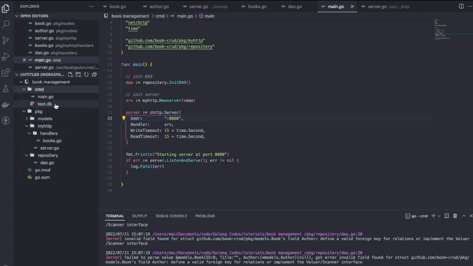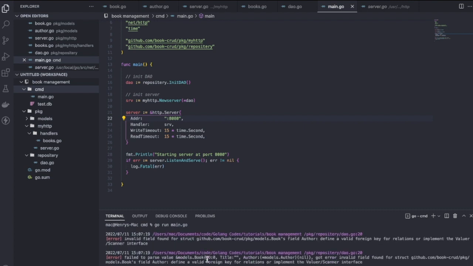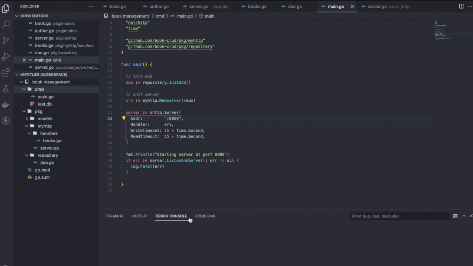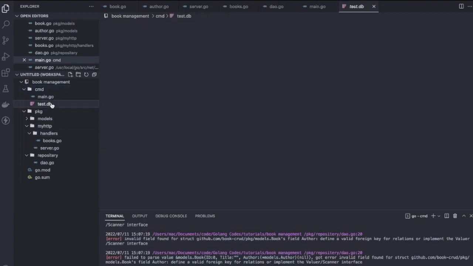If we check here, we have our test DB. I know exactly what caused the error, but we're going to fix it. These errors were from the database, right? Yeah, I'll fix the issues, guys. But yeah, you can see. So if you got to this point, congratulations, you have completely learned how to use Gorm and how to build a full stack application. So clap for yourself. Okay, so